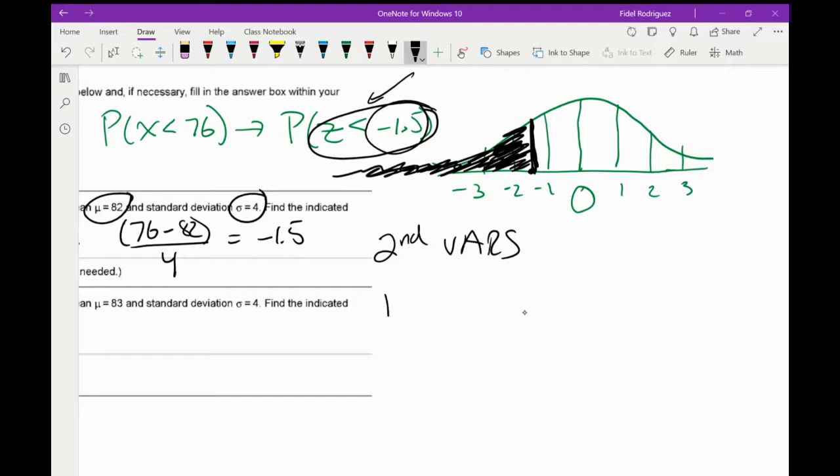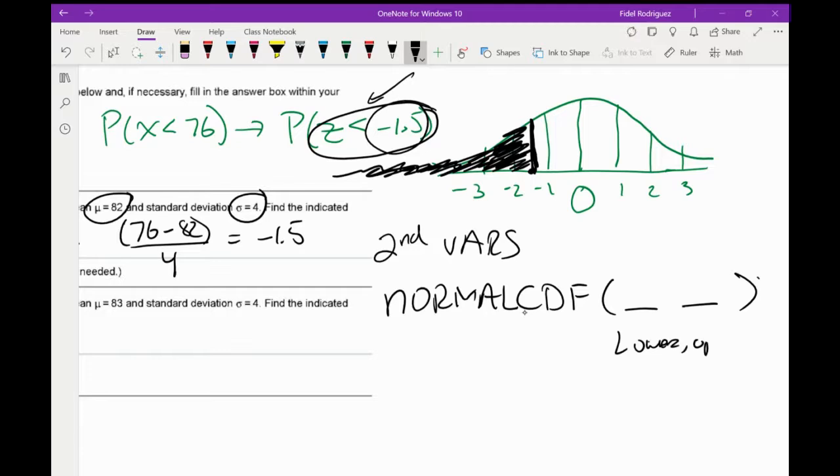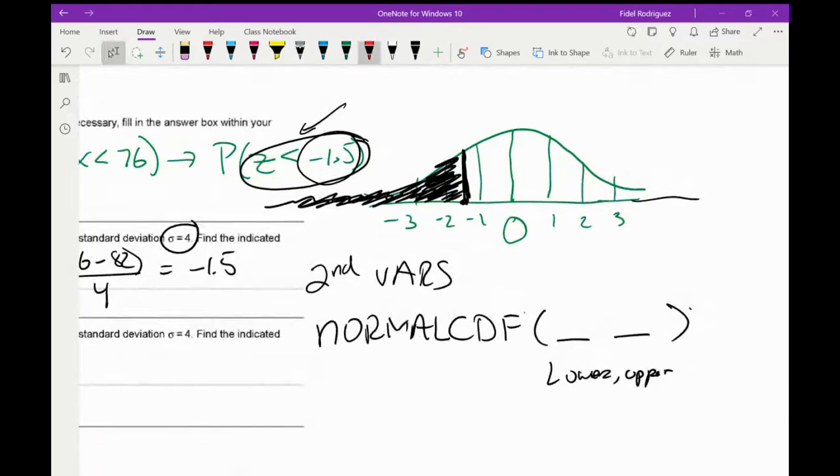The way I'm going to do this, second bars, and I'm going to come back here, normal CDF. Now remember, we're going to have two numbers. We're going to have the lower number, and we're going to have the upper number. So usually we talk about an x-axis, but because we're using the variable z, this is going to be like my z-axis. And if I keep moving, so look, negative 1, negative 2, negative 3, negative 4, negative 5,